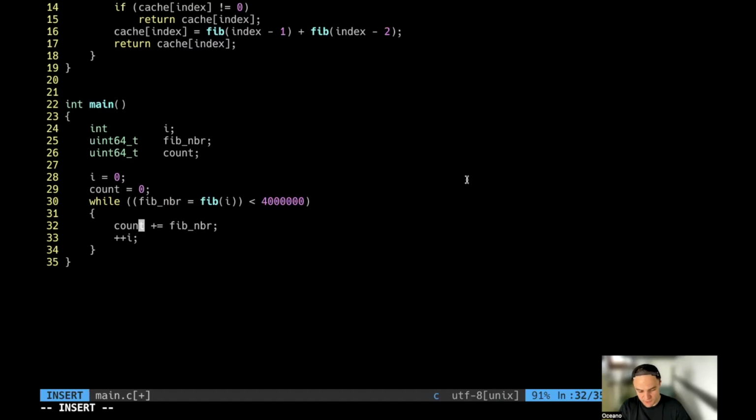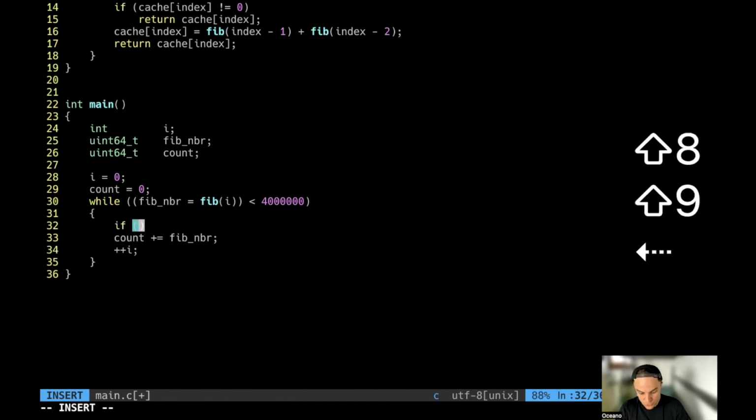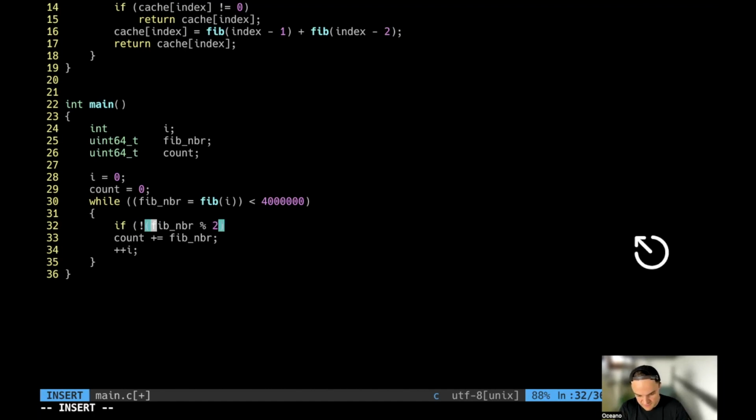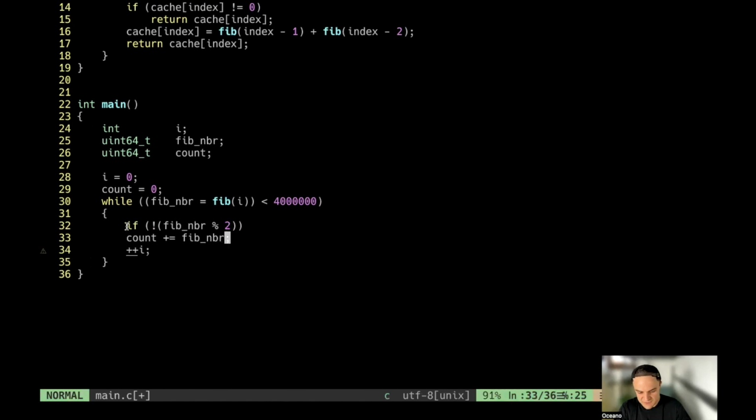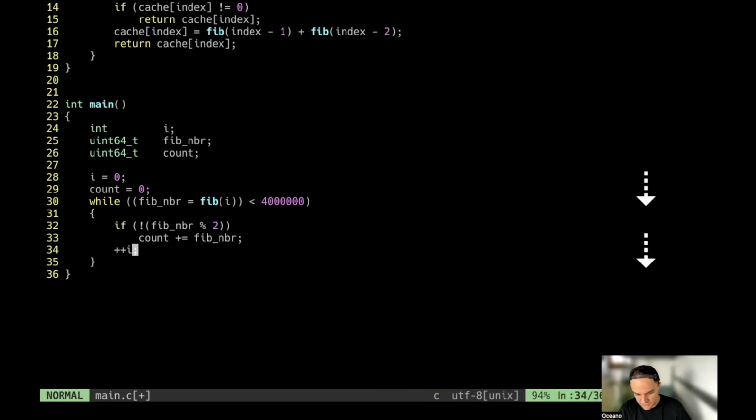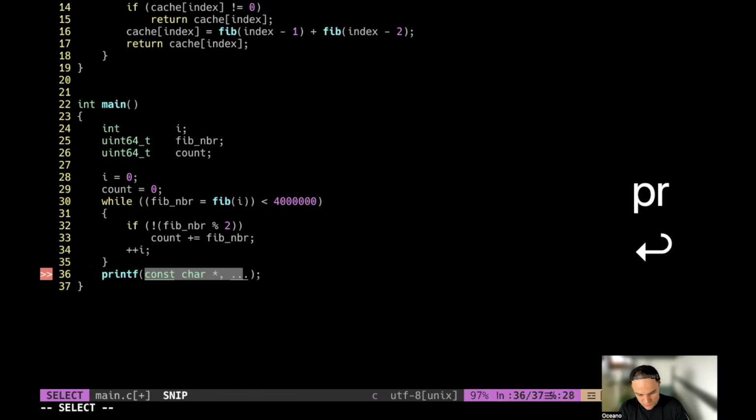And we know pretty well from the previous exercise how to do that. So we're going to do if not fib number modulo 2, in parentheses. Otherwise, the bang is going to have a major precedence. So this is the operation. So basically here it's written, if the number is even in computer language, what do you do? You increase the counter with that value, and then you increase i so you can have the call for the next Fibonacci value. Okay, it seems we are finishing,